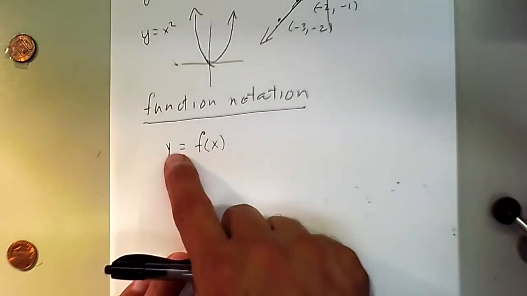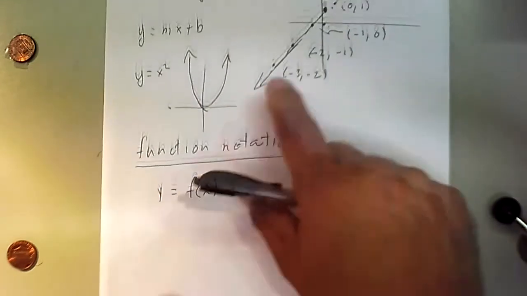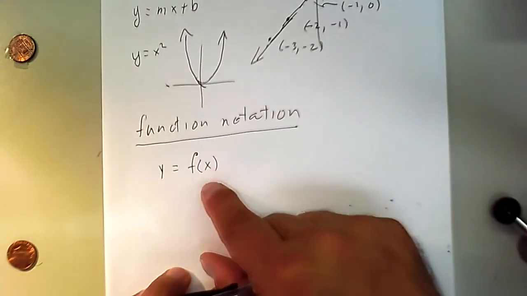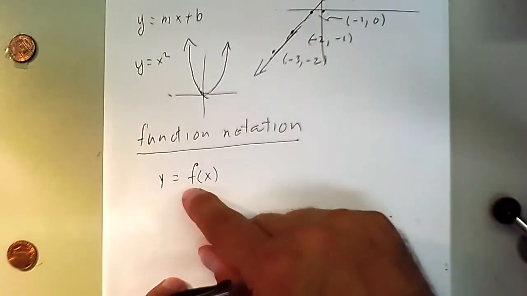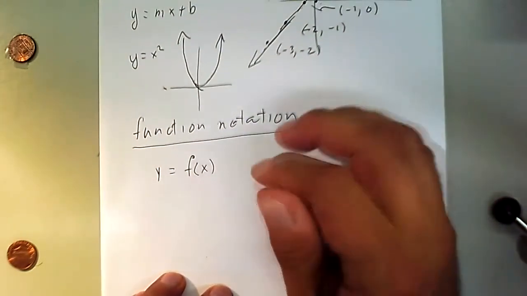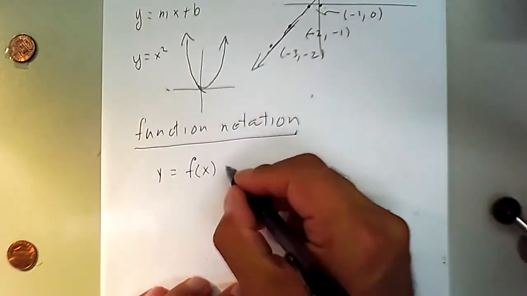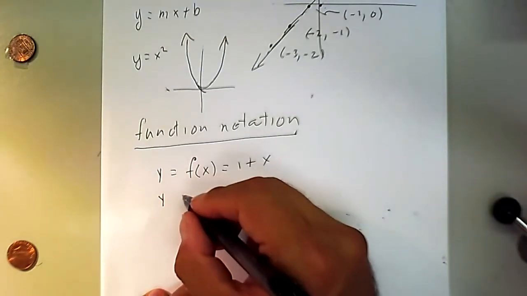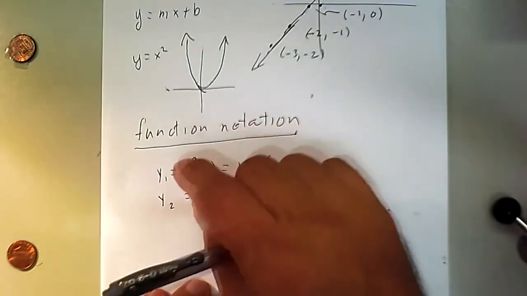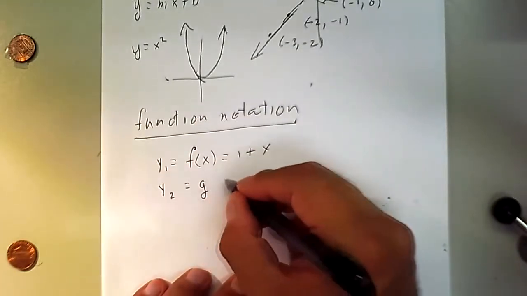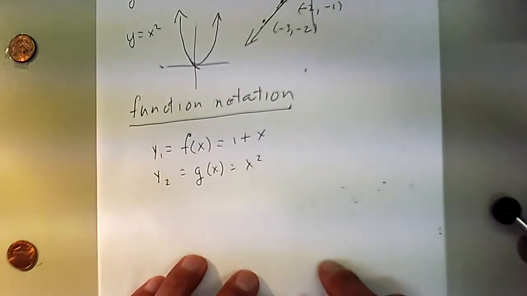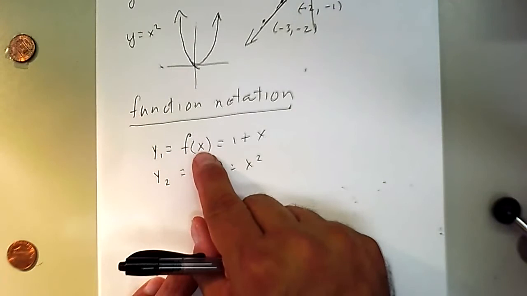So when we have y1, y2, separate different functions, pretend this is y1 and this is y2, for example, it is handy to name them differently. Instead of y1 and y2, we can label it as f. This function perhaps could have a name. So this could be f of x equals 1 plus x. And then we can have a second function. But instead of using y1 and y2, we can refer to them as g of x equals x squared. And it will be very handy to put the input,